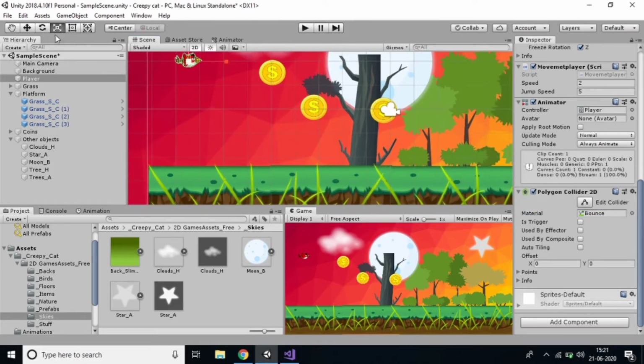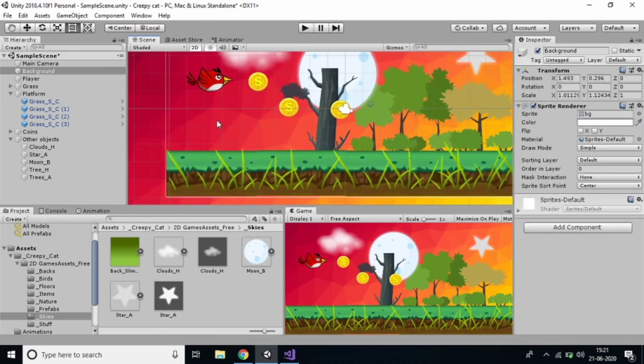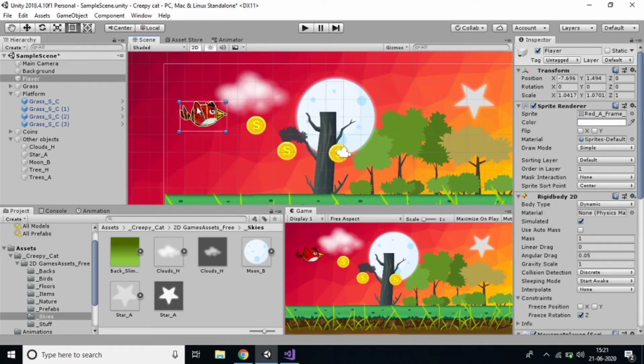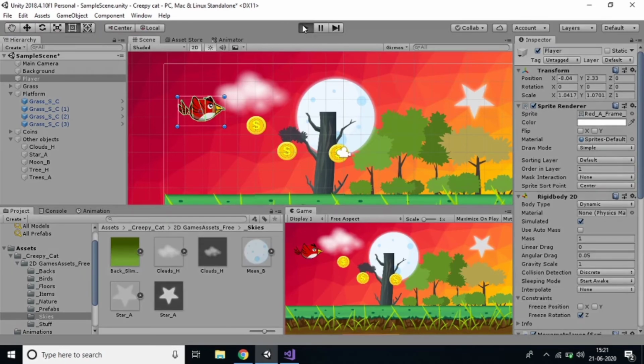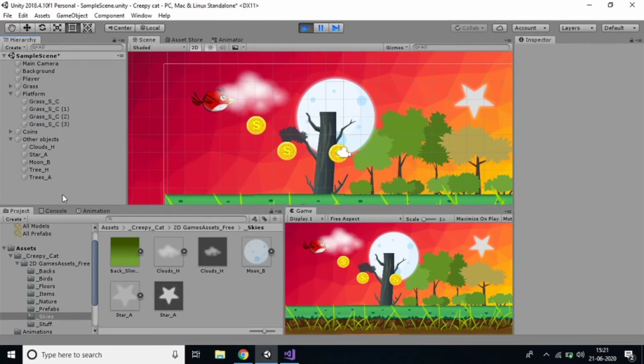And increase the size of the player also. Just increase it by using this. Of course if you want, you can increase this. I think it's not bad. And it should be upside. Yes, it's working. It's not bad, and it's animating. So this is the way to change the sprite